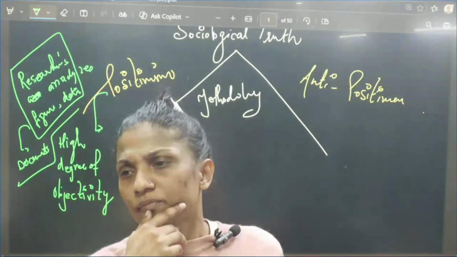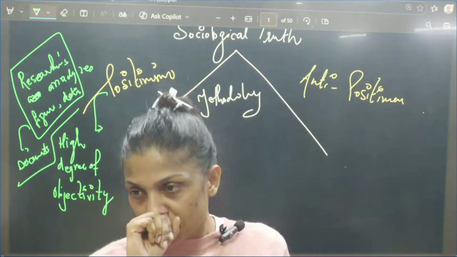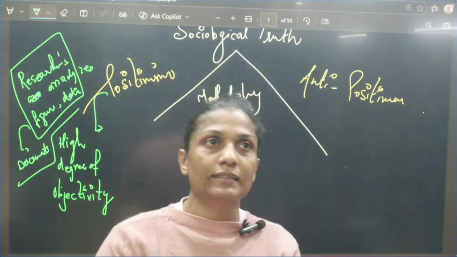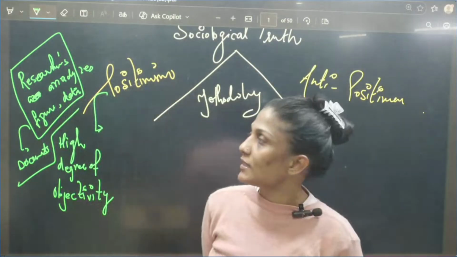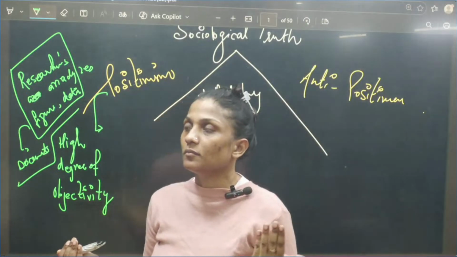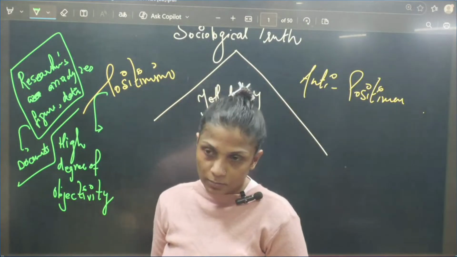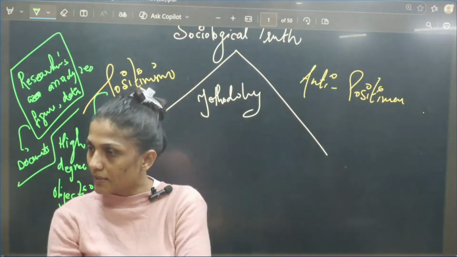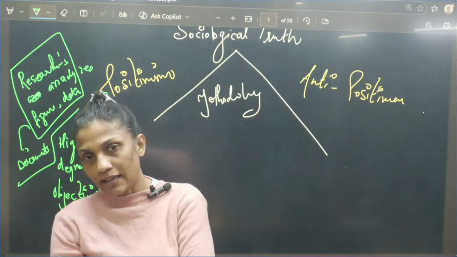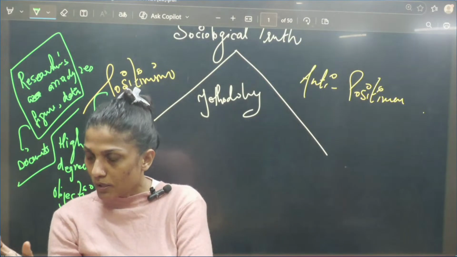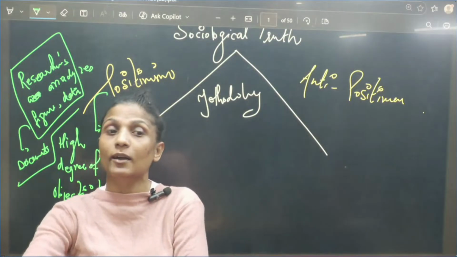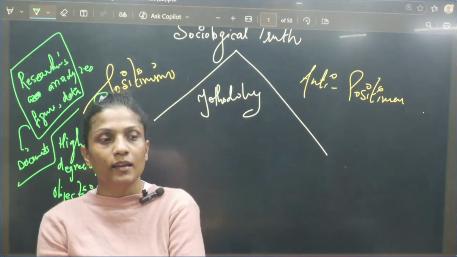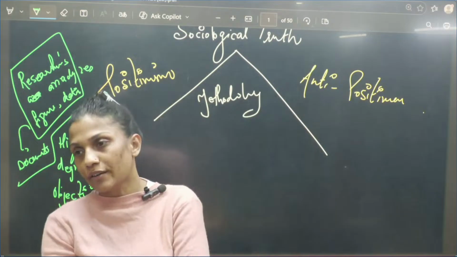Meaning, objectivity, if you have seen yesterday's class, tell me. I will tell you, but if you had seen yesterday's class, you would not have doubts. Objectivity means that accuracy will be higher here. So now, if you are saying that people who have attended the classes will have higher or lower chances, here objectivity means that you are not adding your own observation. You are only writing your analysis as per the data given to you.